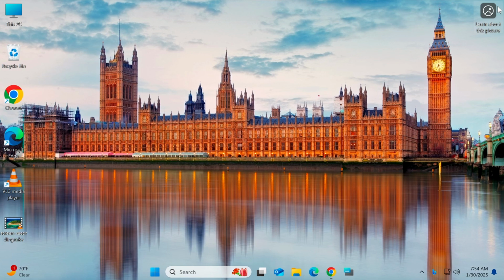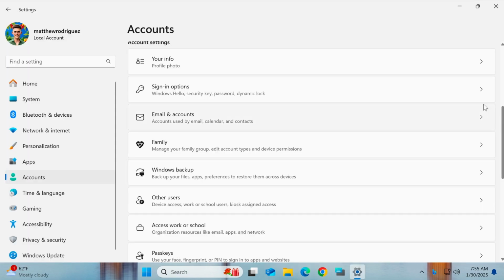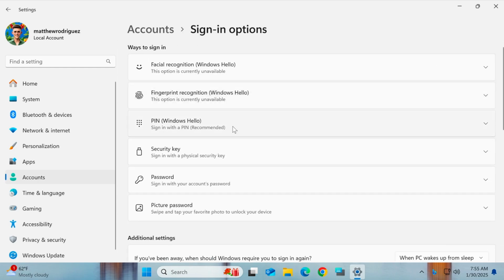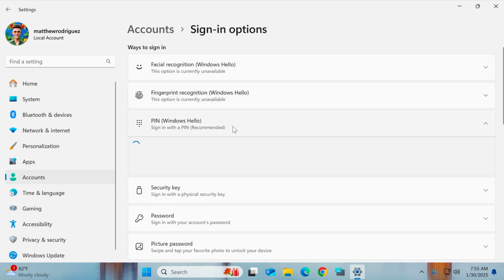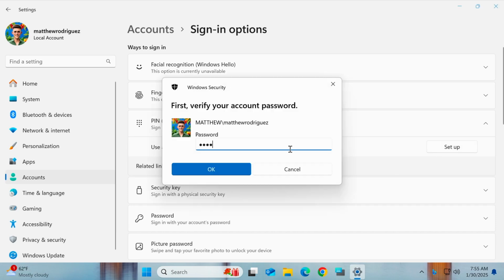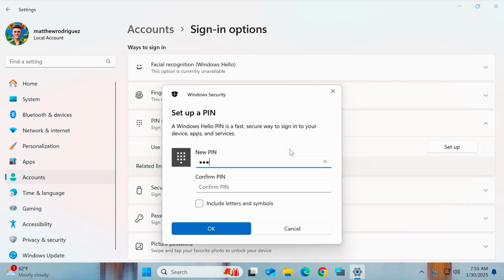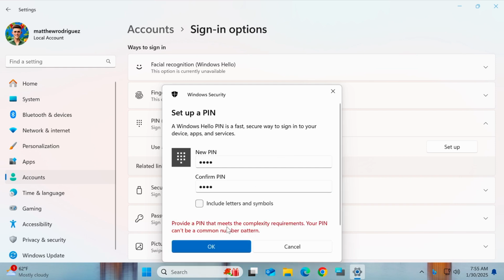If you use a sign-in PIN, you can also change it by going to Sign In Options, selecting PIN, and clicking Change. Then, enter your current PIN, type in a new PIN, confirm it, and click OK. If you enter a PIN that is too simple, such as 1111, Windows will require you to set a more